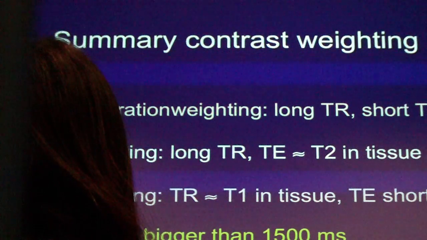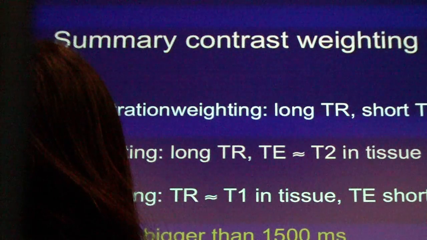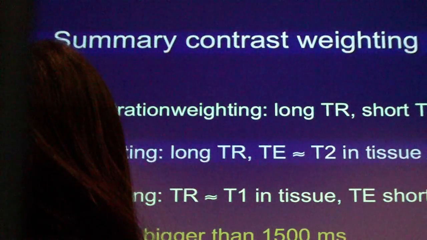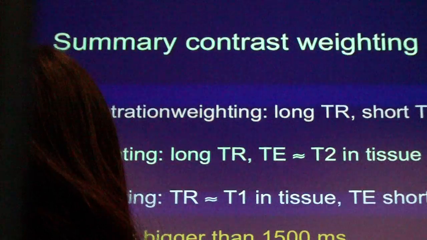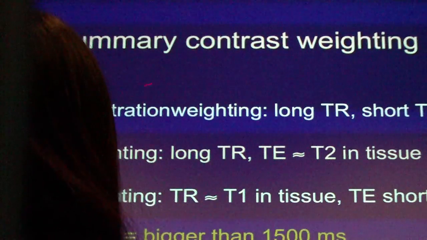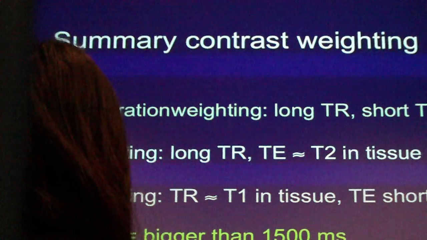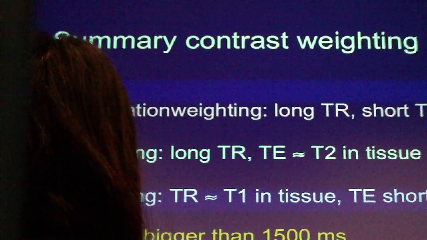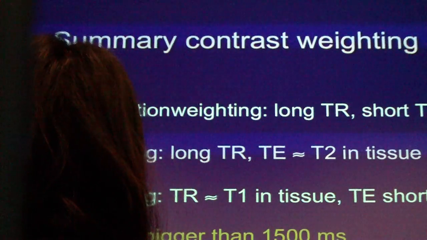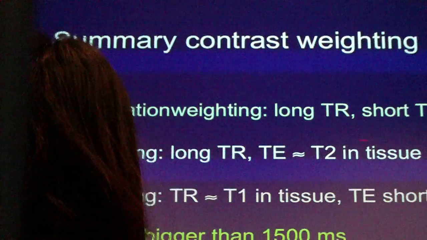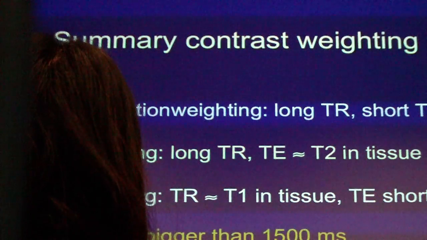So if we have proton density weighting, the concentration of the protons, of course, that makes signal. If you want to have proton density weighting, you choose a long repetition time to make sure that everything is relaxed back, and a short echo time, a short delay of your measurement, to make sure that you don't lose much signal,